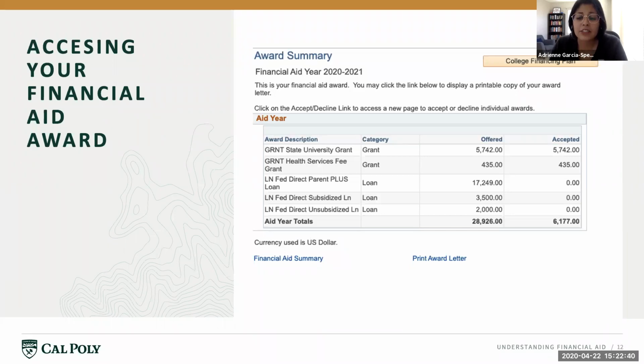And then payments. Payments don't begin until after you've graduated, 6 months after you graduate. You're assigned a loan servicer. So that means that while it's a federal loan, there's a company that holds the loan for you, and that's who you're going to be making payments to. You create an account with them.